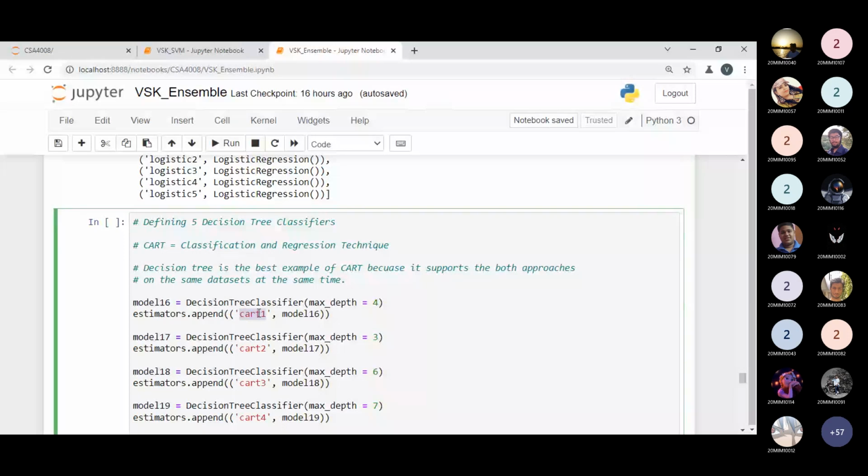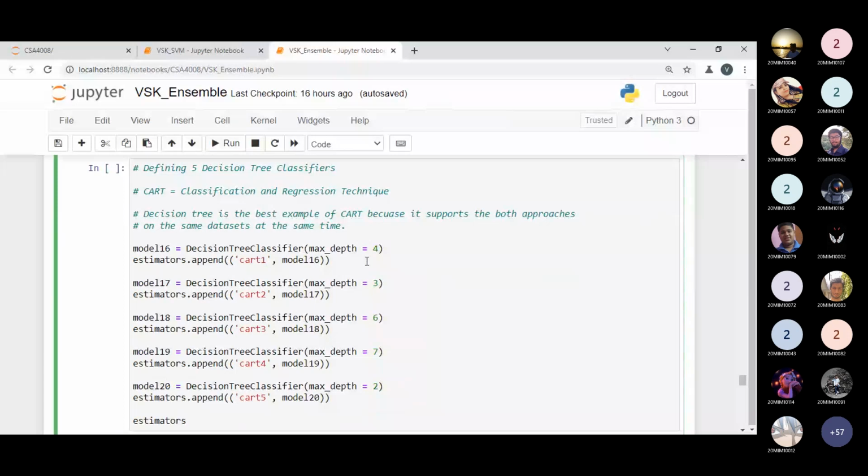In the decision tree classifier, model 16, model 17, model 18, model 19, model 20 are the object names. And model 16 and model 17 are different from each other, because I'm defining a maximum depth for model 16, and model 17 is an object of the decision tree classifier with a tree depth of 3. So respectively I'm changing its different parameters: 4, 3, 6, 7, 2. In the logistic regression, if you want to update something, you can update.